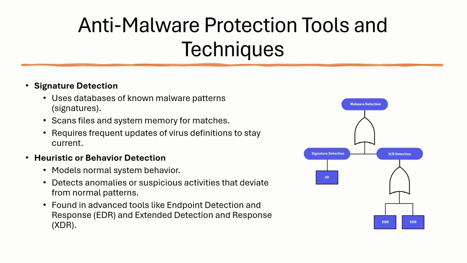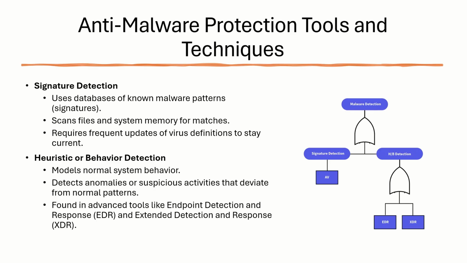Now let's go towards anti-malware protection and look at strategies that exist. In terms of anti-malware, you have two main approaches to protect against malware. There is what we call the signature detection, and there is also what we call the heuristic detection, or you can also call it behavioral detection. These two operate differently. We will try to look at how each one operates to understand this difference because this knowledge you need